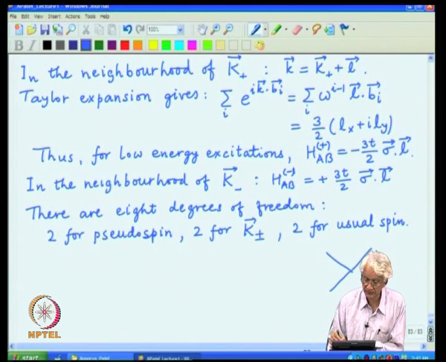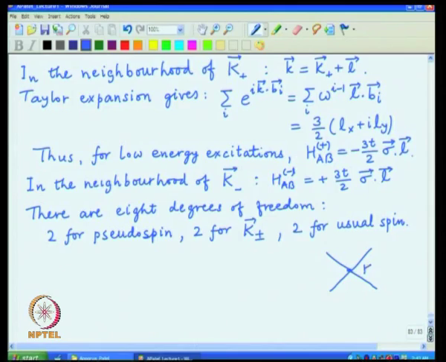So, one has this point, say k plus, where the energy is 0. The Fermi level passes through this point for undoped graphene, where there is only 1 pi electron per atom, and one can dope it to move this Fermi level up and down from this conical point. This cone basically describes the sigma dot L dispersion relation around this particular point. So, it is actually a 2-dimensional system.